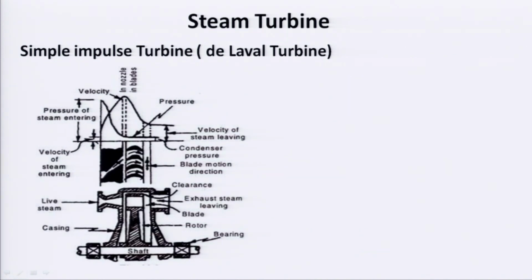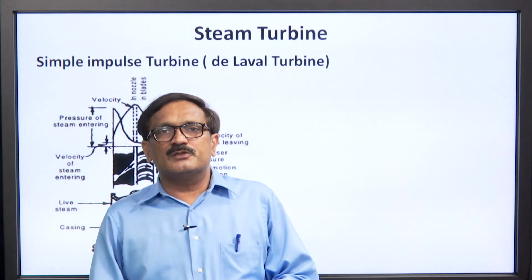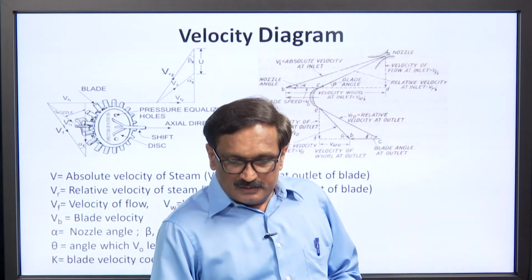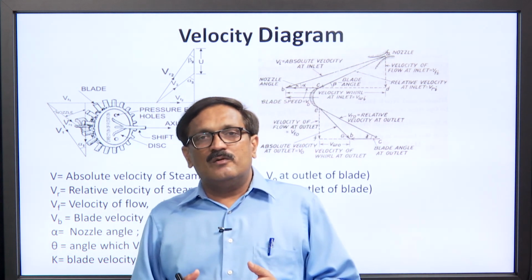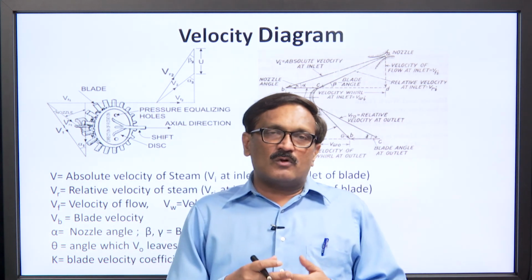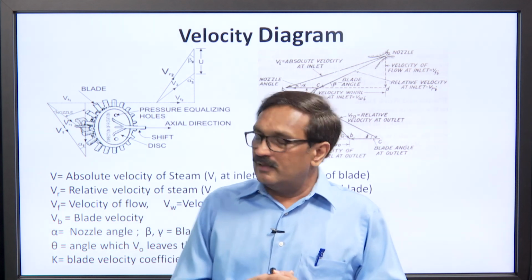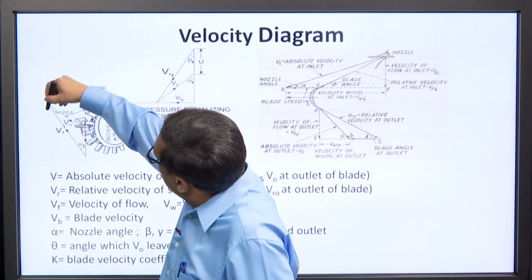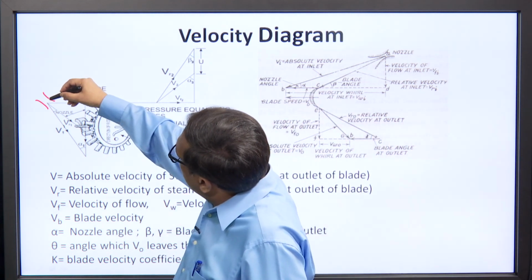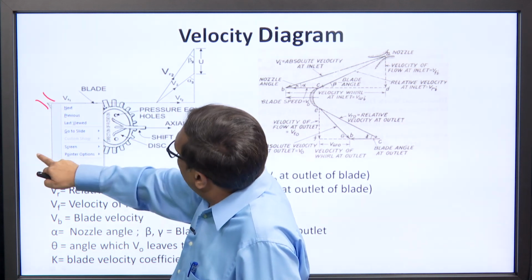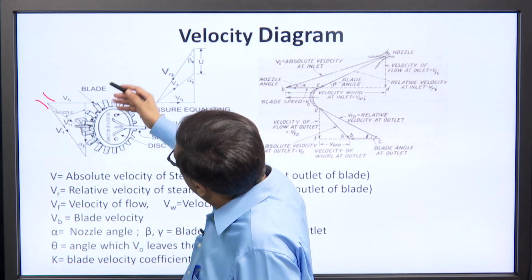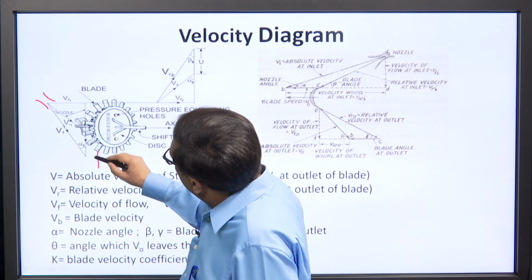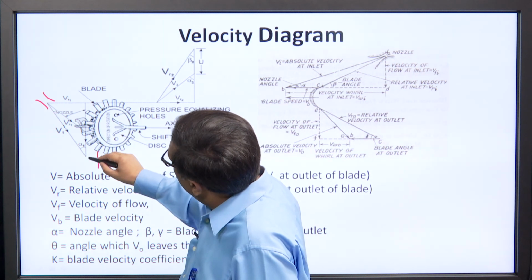So, here we can say for maximum work or maximum efficiency, the blade velocity should be half of the velocity of the steam, and as blade and steam both are moving, we have to construct the velocity diagram for that. How is the movement there? Suppose this is the nozzle, and from the nozzle steam is coming out with a velocity v, and the blade is moving in this direction at velocity u. As it comes out here, the blade will move to this point.